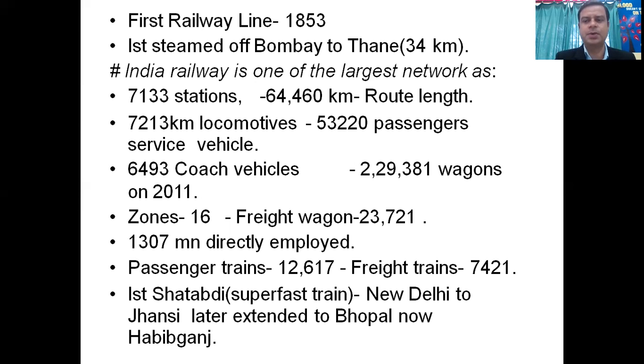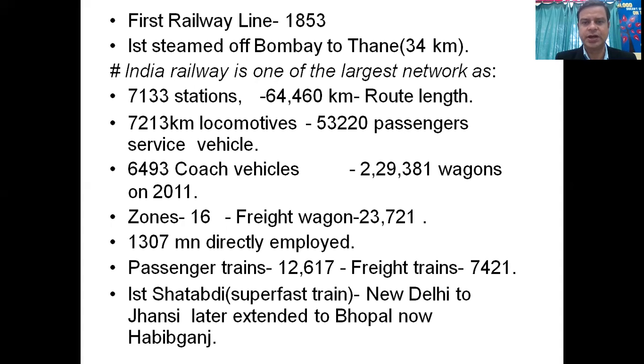Now a few facts about railway. First railway line constructed in 1853, and that was a steam engine, and it was from Bombay, right now it is Mumbai, Bombay to Thane, 34 kilometers. Indian Railway is one of the largest networks. Near about